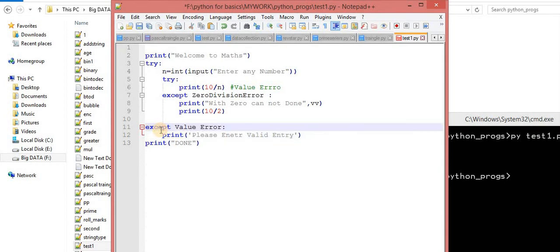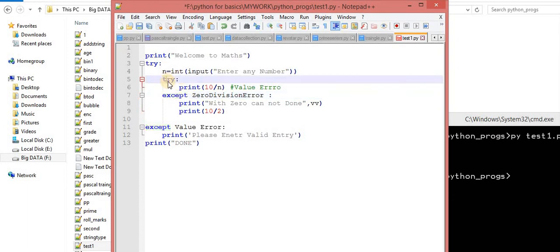So this except block is associated with this try as well. Keep this point in mind. The highly risky code is always placed into the nested try statement. If an error occurs over here, then it will find this except block. If this doesn't match, then it automatically finds it from this except block, which is associated with this try block. But the upper try block, this first try block, is associated only with this except block. It is not associated with this except block. Keep this point in mind.